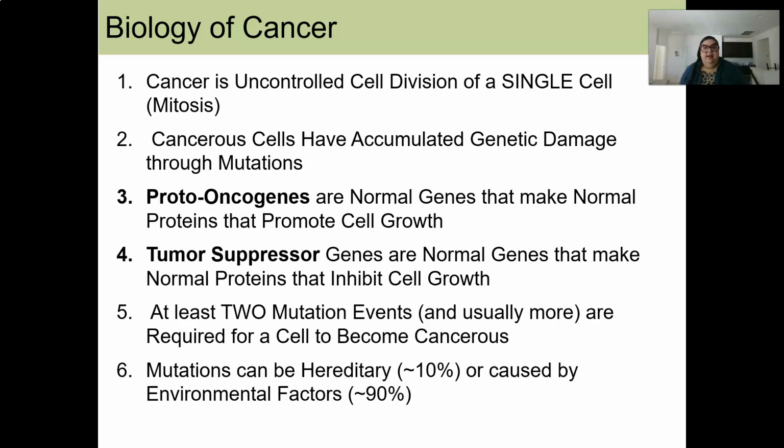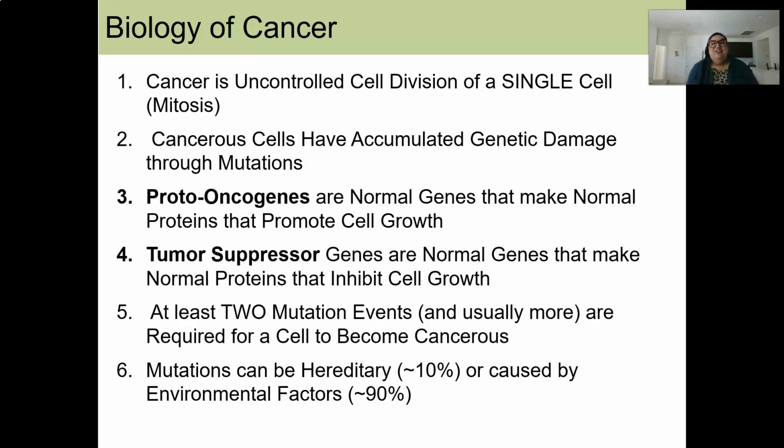2, cancerous cells have accumulated genetic damage through mutations. So we talked a little bit about genetics, but mutations in our genome, in our DNA. So cancerous cells have accumulated damage to their DNA is really what this says. And then 3 and 4,